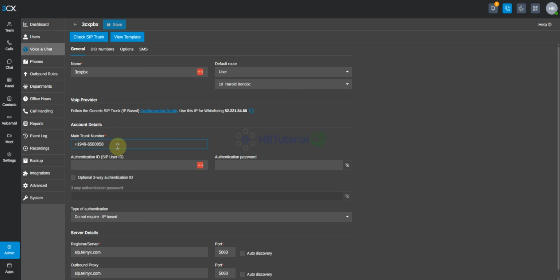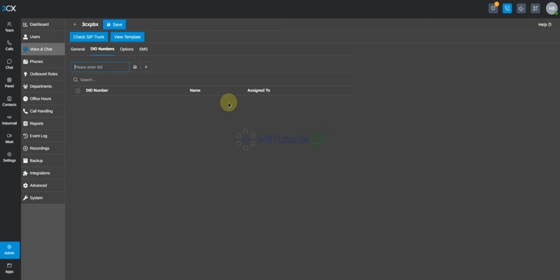So we can remove the plus sign over here and go to the DID. Let me add the DID.